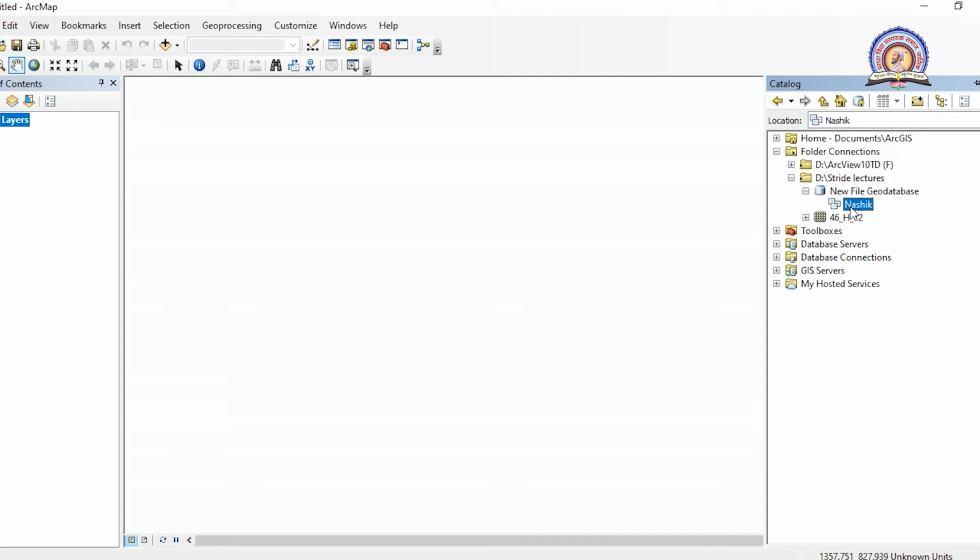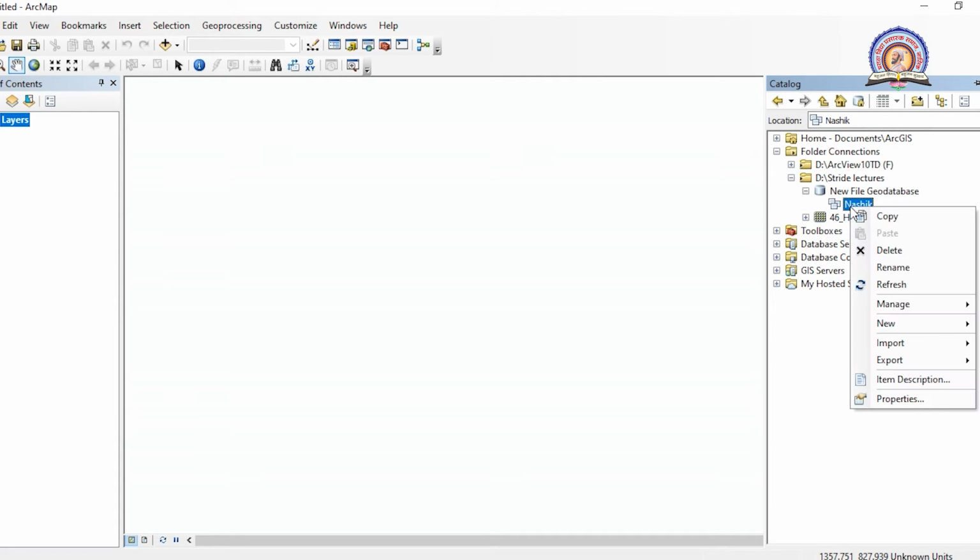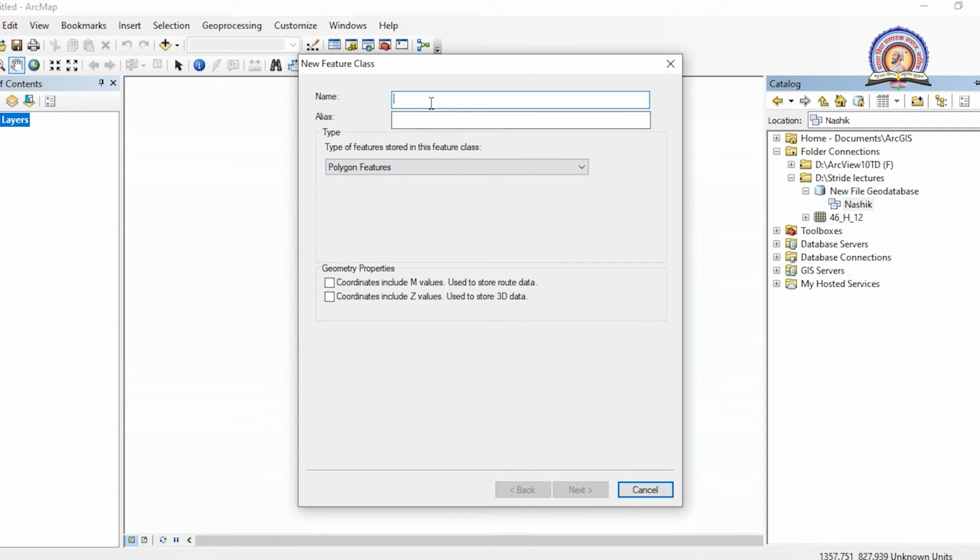For that, we have to select our data set, right click on that, and again choose the option new. And from here, we have to select the feature class option. Now feature class is the option used for creating layers. For example, if I want to prepare a map of Nasik, in that I have decided to keep various layers. One layer is useful for say road network, another layer I will create for watershed area, one layer for forest area, or agricultural land, settlement. So there are n types of layers which have to be created based on different types of entities.